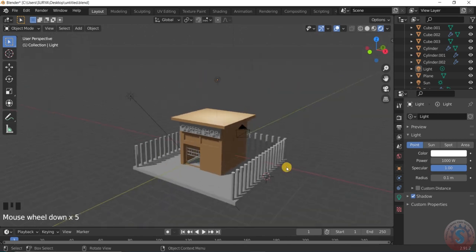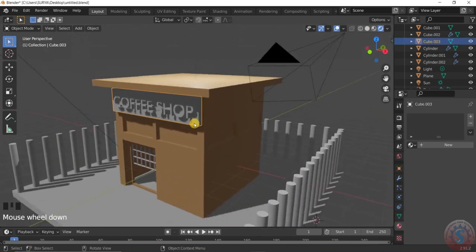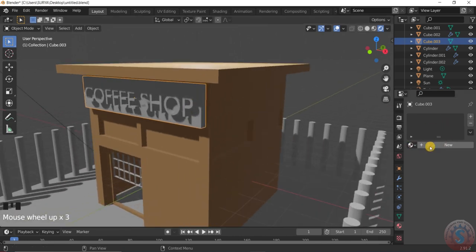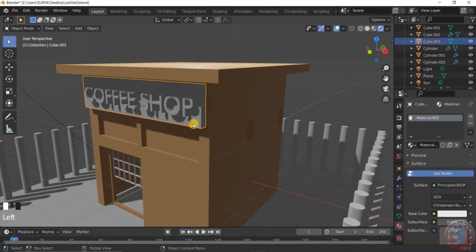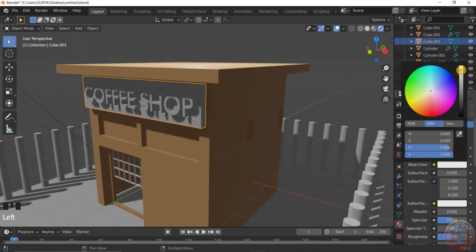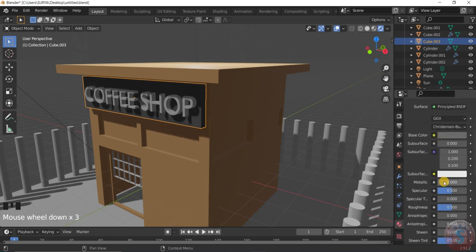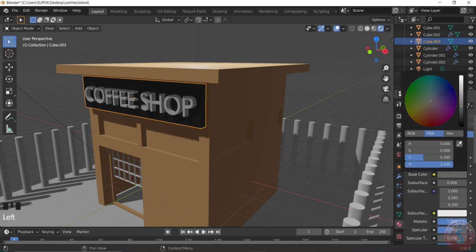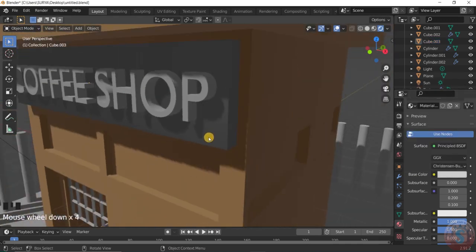Then after, I want to give the metallic material for this. To give the material, click on the new material again and select the cube, this board, and give the base color to black, and give the metallic to total, and give the roughness value, and give the base color to somewhat lighter. You can observe the metallic